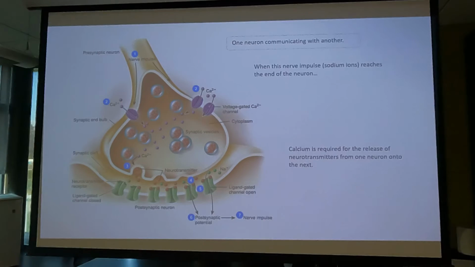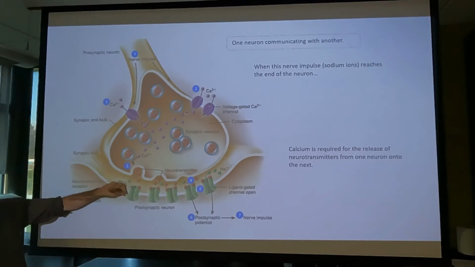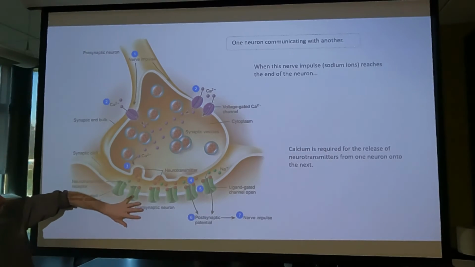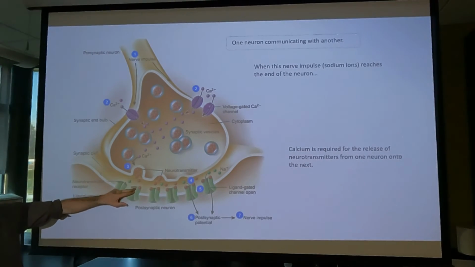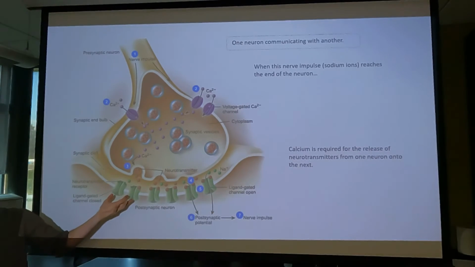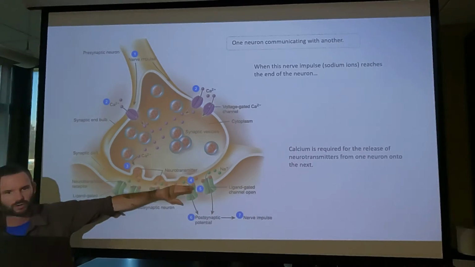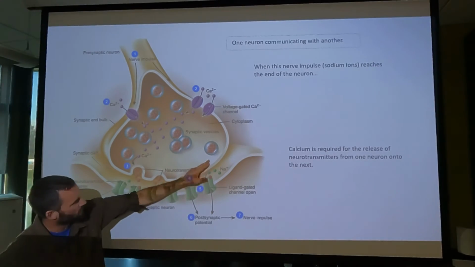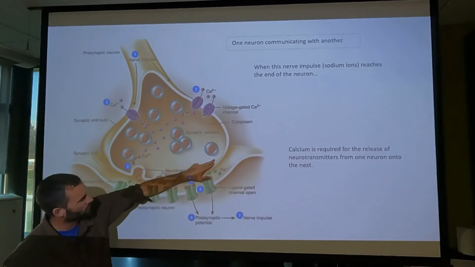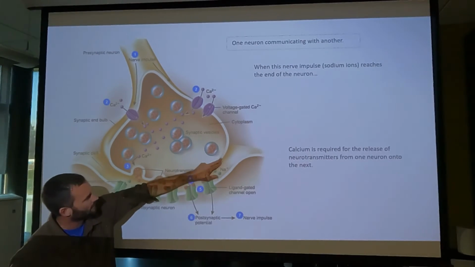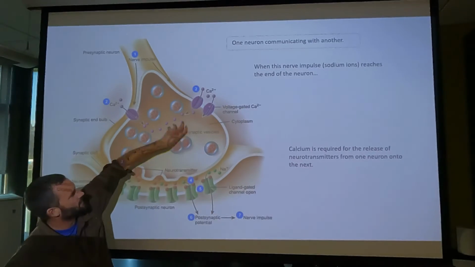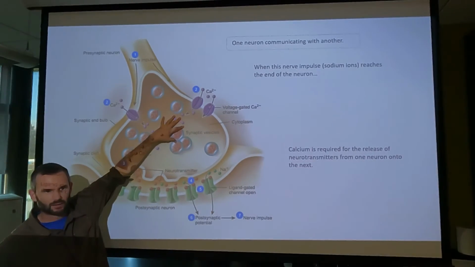Yes? Maybe we're going to talk about this later, but what is reuptake? Sure. So when you want to communicate a message from one neuron to another, you do that by releasing these neurotransmitters. But after you've communicated that message, you want the message to go away. So these neurotransmitters don't just hang out in this area. It's not shown here, but there are little pumps or little proteins that take those neurotransmitters and move them back up into the neuron up here.